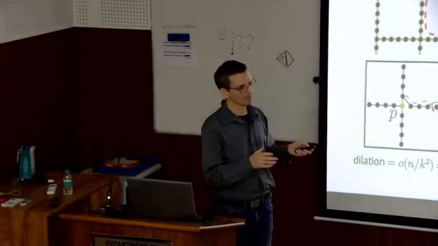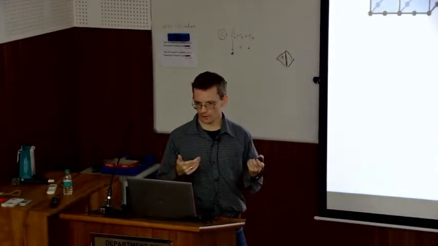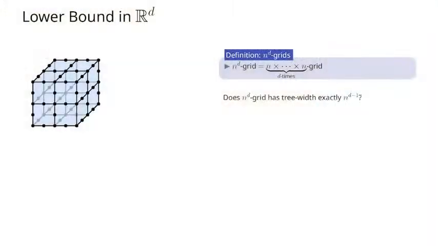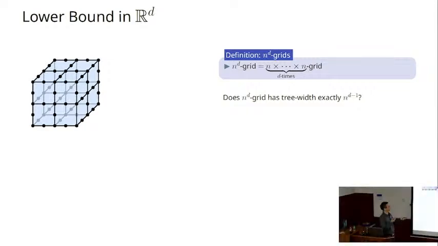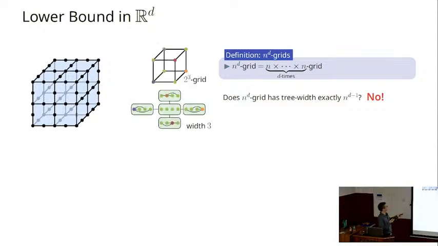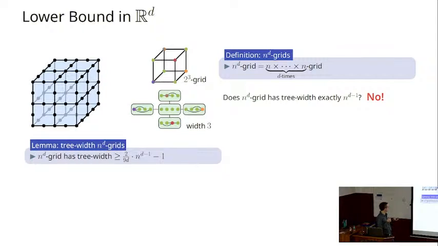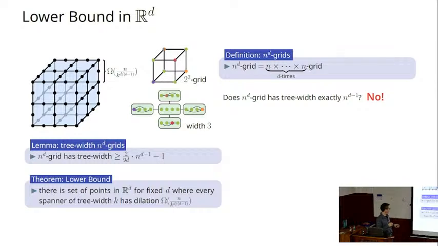Good. Okay. So we have this lower bound in 2D. It also works in higher dimensions. In higher dimensions, it is a bit more tricky, because there the n to the D grid does not have tree width exactly n to the D minus 1. So you have to put in a bit of work there. Here's an example: if this would be true, it would have tree width 4, but it has tree width 3. So this is a 3D composition. But you can show that the n to the D grid has tree width order n to the D minus 1. And then you can do the same argument as on the previous slide and get a lower bound of n to the k to the D divided by D minus 1.